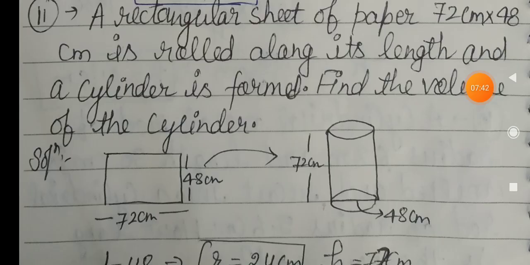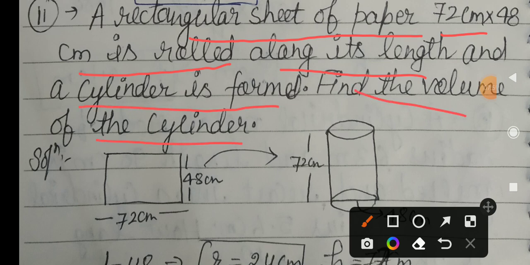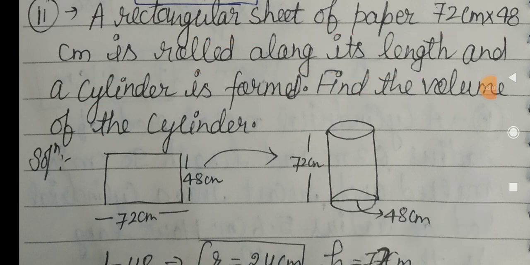Now we have to explain the next question. A rectangular sheet of paper 72 centimeter into 48 centimeter is rolled along its length and a cylinder is formed. Then find the volume of the cylinder. So here, did you know these things? Okay,